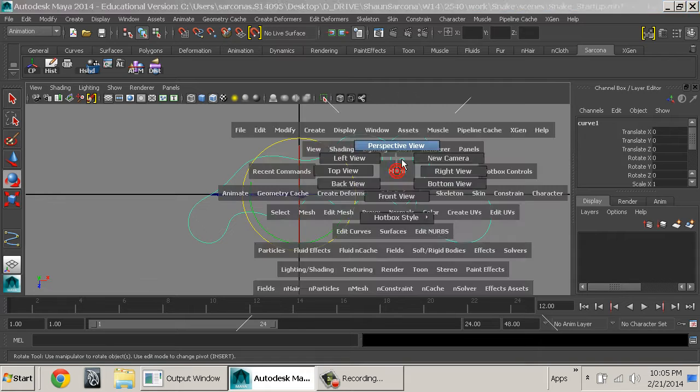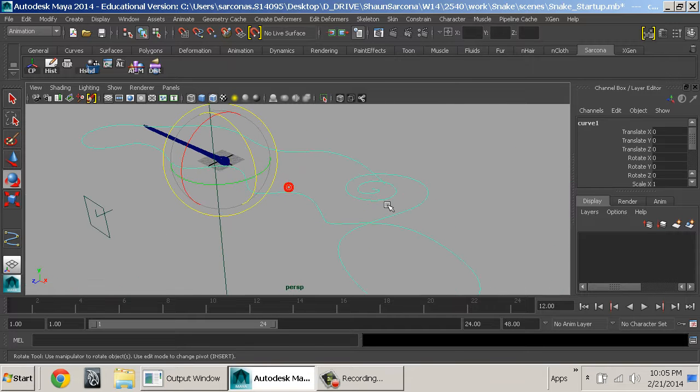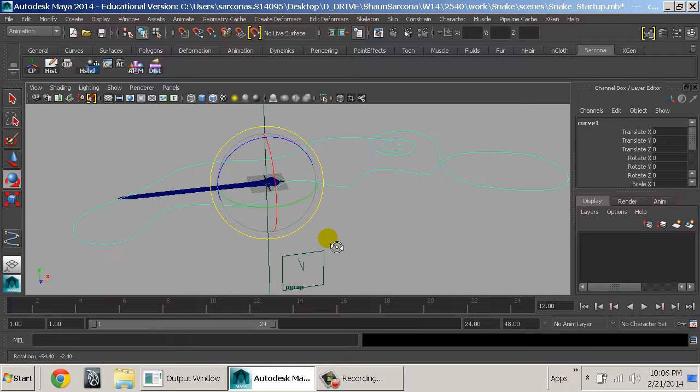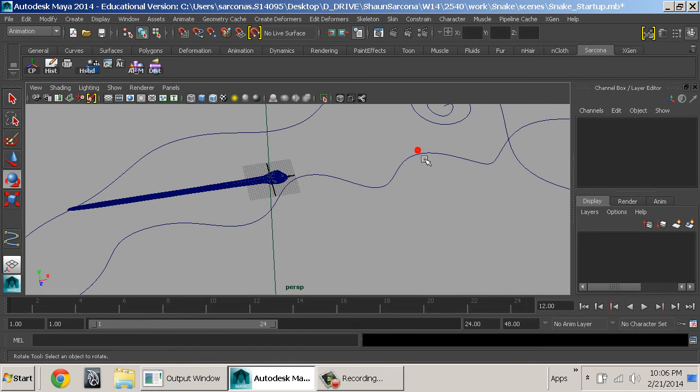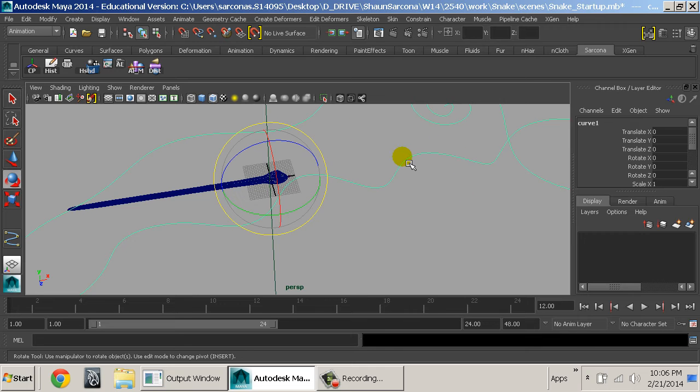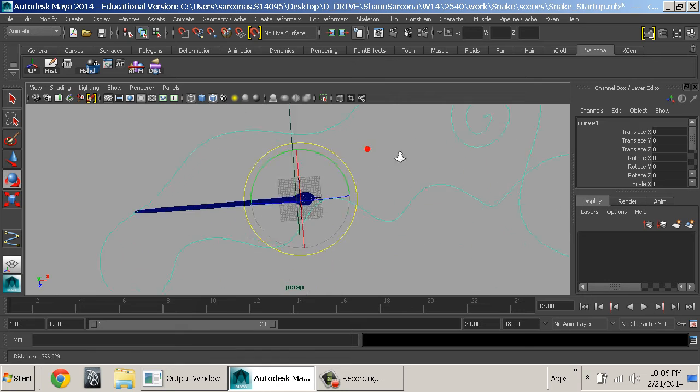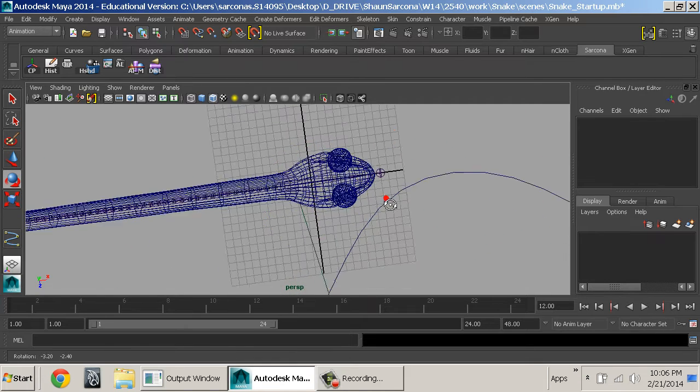There we go. So we'll just pretend he's starting here. He's zipping along, and then he winds up back over here. Okay, so that's the path of my snake friend. I can adjust this afterwards also, so I'm not locked to it, but I just need to create something to start off on, right? So now that I have that,